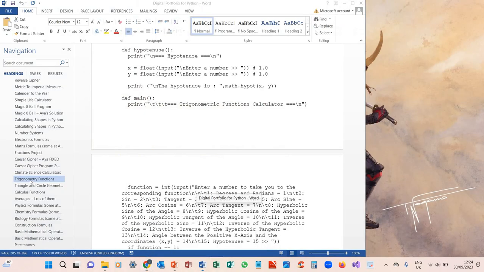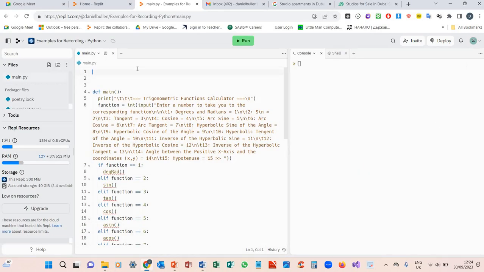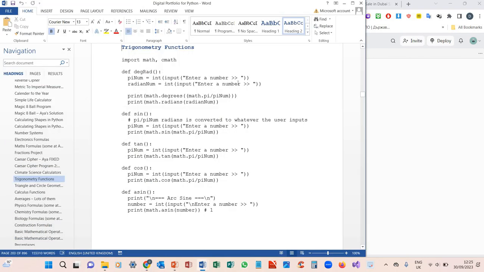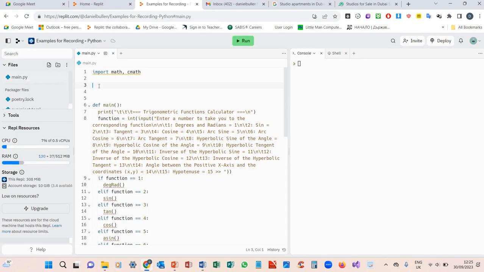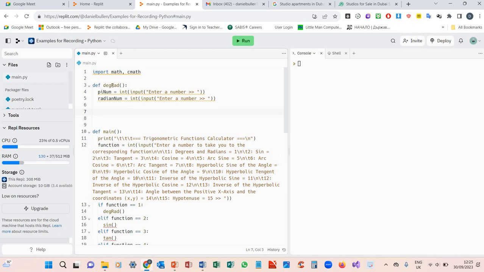Well, before we do that, we're going to need to import math and import cmath, because they're the modules you'll need to access mathematical functions. First things first, we need degrees and radians. So that's a subroutine we need. Bingo. So we're asking the user to put in pi, and we're asking for the radian number. So to do that,